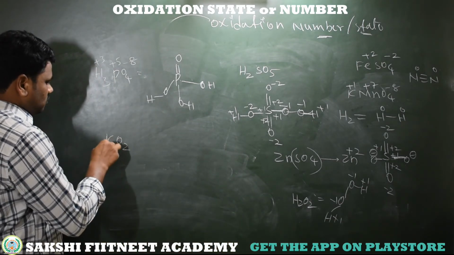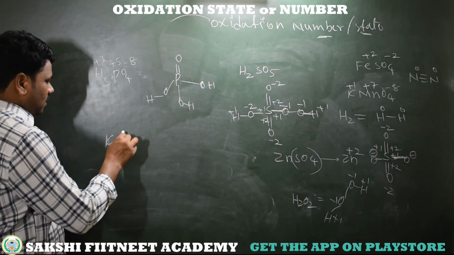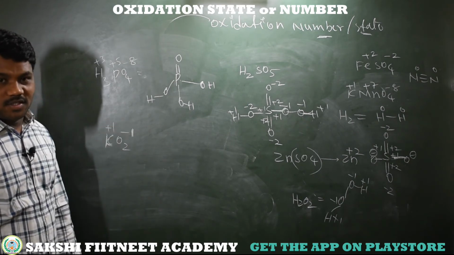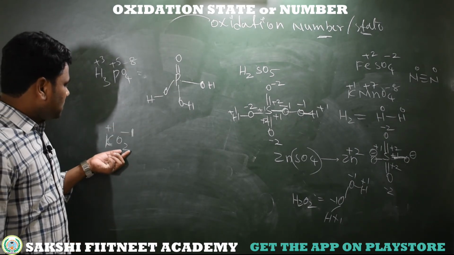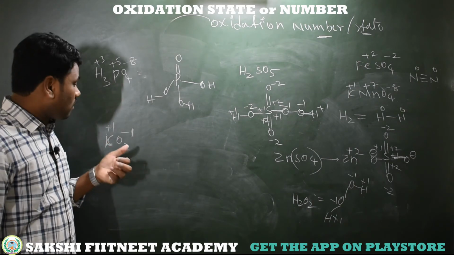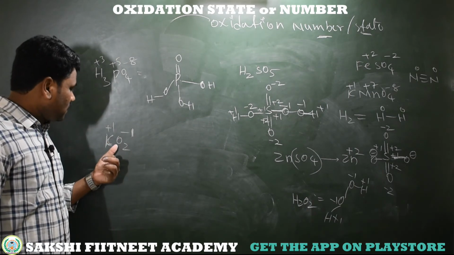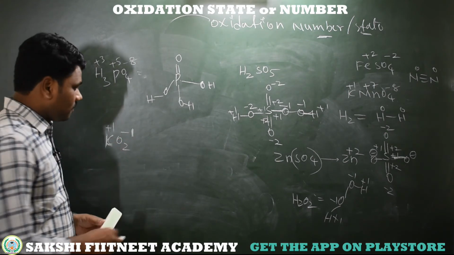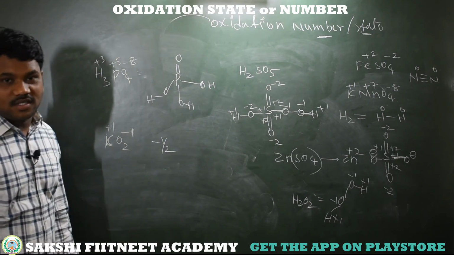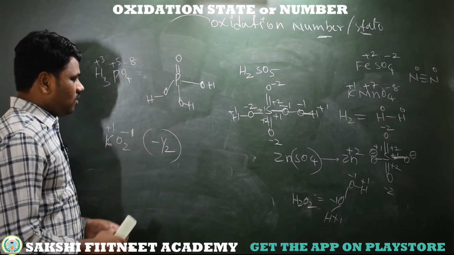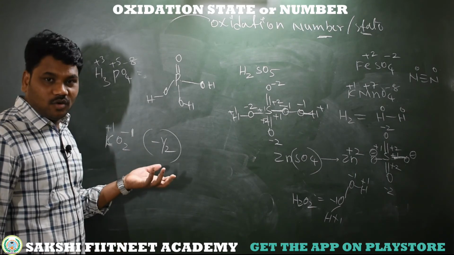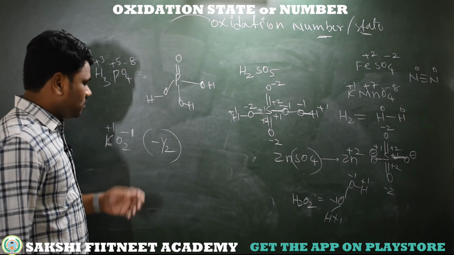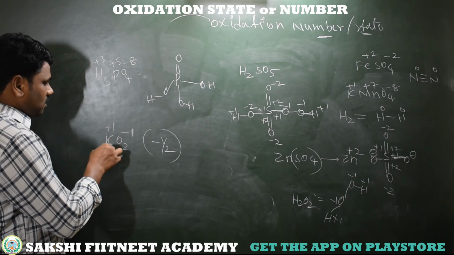And here I am taking another example. It's potassium superoxide. See here that both the oxygens are exhibiting only minus 1 charge, potassium exhibiting plus 1 charge. So simply the oxidation state may be 0 or any integer or fractional also, because see here in this case O2, both the oxygens are giving minus 1, so each oxygen is giving minus one half oxidation state. So here see oxidation state may be 0 or any integer, plus or minus, or fractional, plus or minus. You just remember this point. So superoxide, this is KO2.